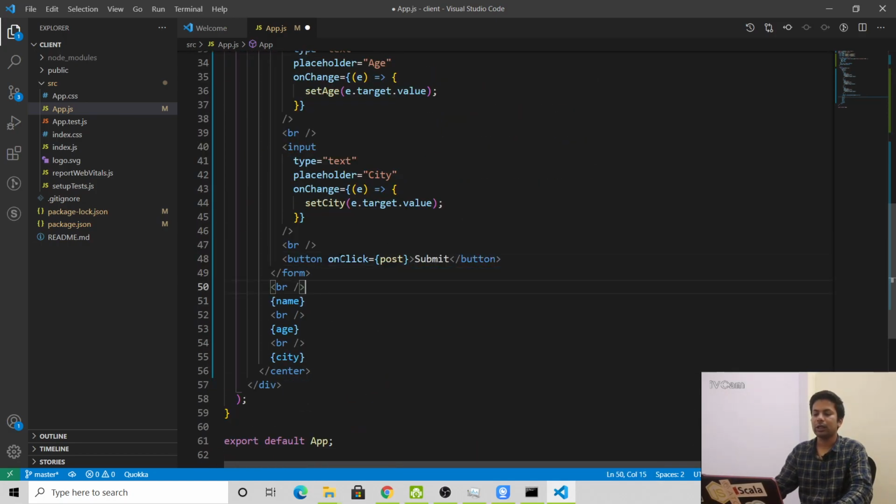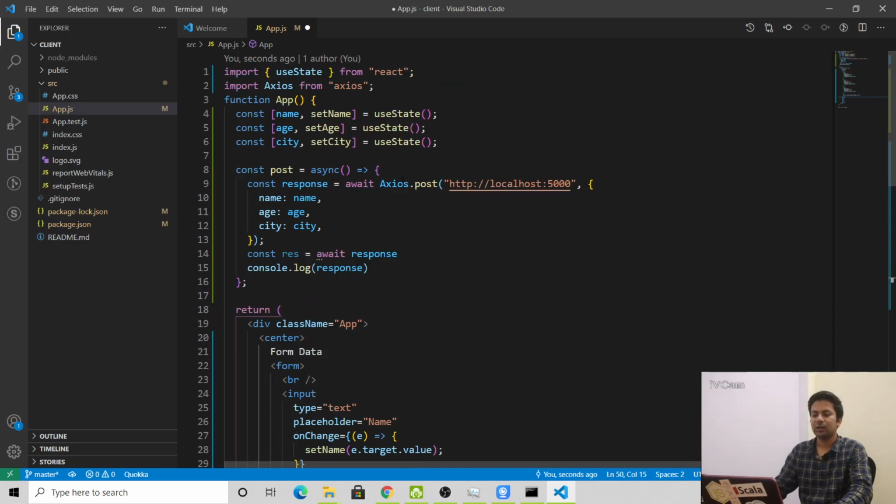So we're saying on click, just call this function and post this data to whatever the API endpoint is. We are sending name as name, age as age, and city as city, like form data, and then await for the response to come and print the response.